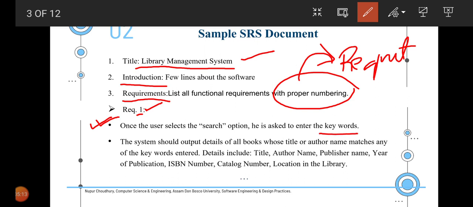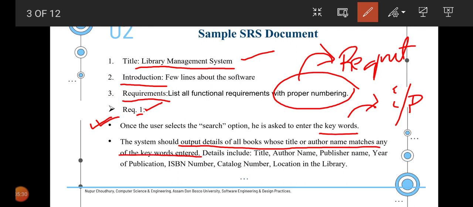Now these keywords will be the input to the system. So the system should output details of all books whose title or author name matches any of the keywords that is entered.